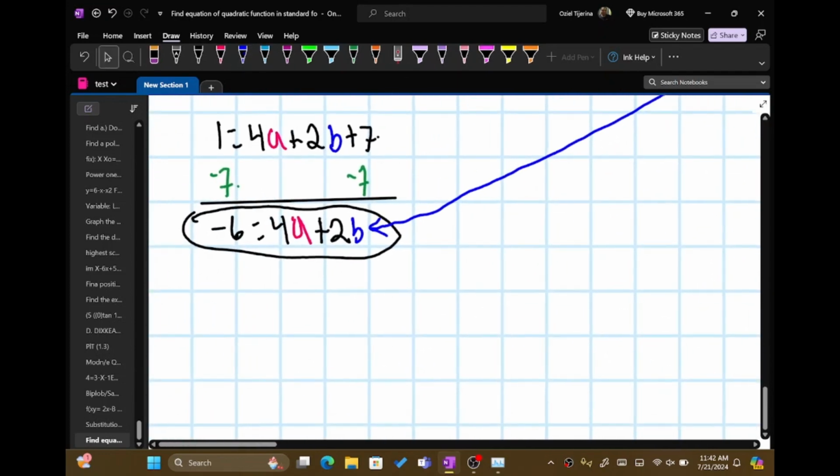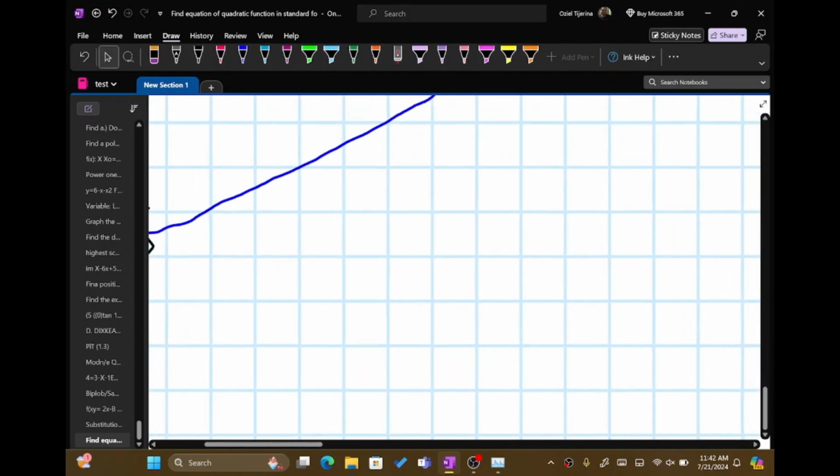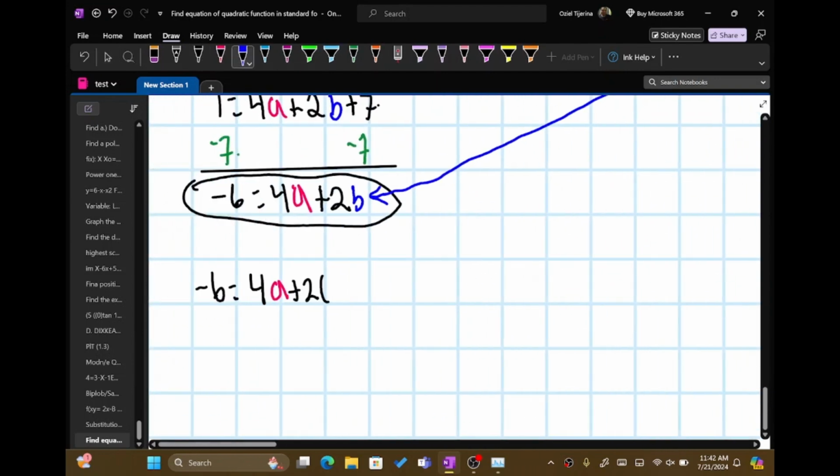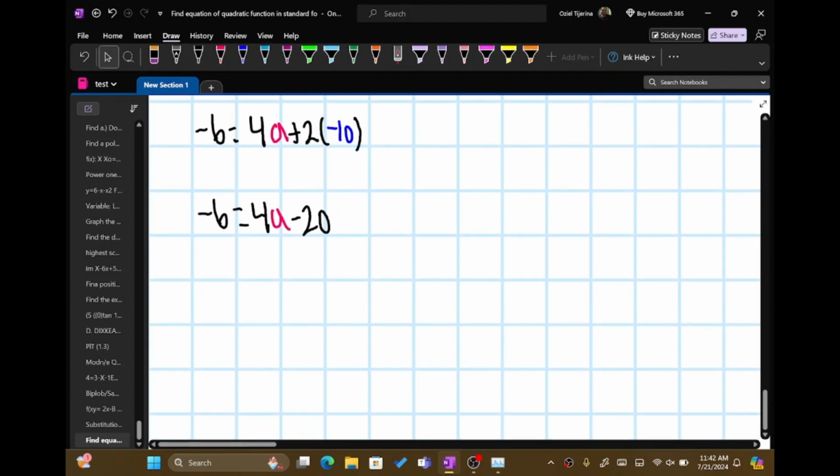So it's going to be negative 6 equals 4a plus 2 times negative 10, right? And so then we get negative 6 equals 4a minus 20. Add 20 to both sides. We get 4a equals